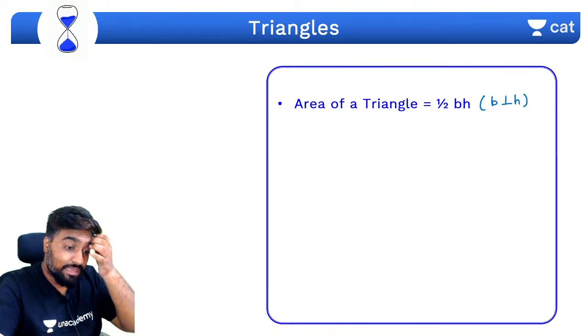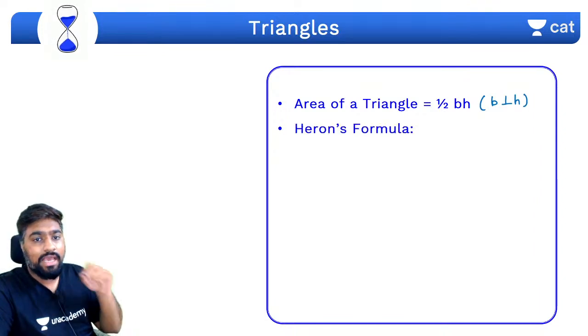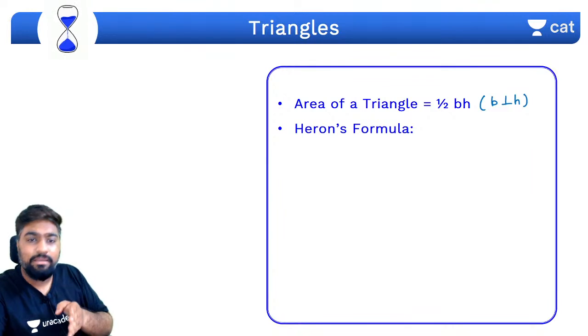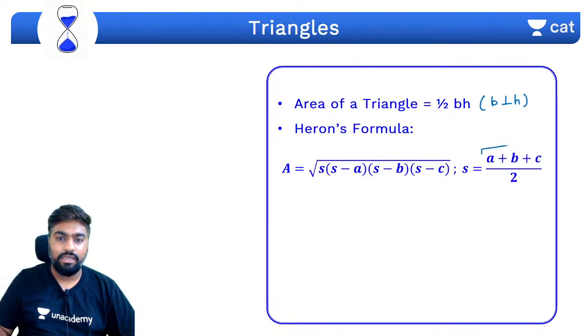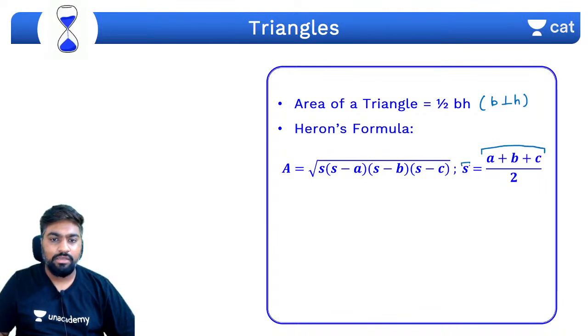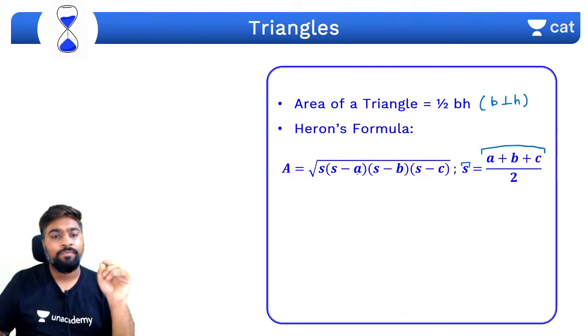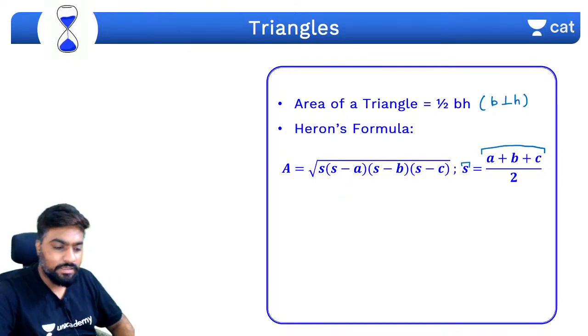Yes. Area of the triangle can also be found out by using something called Heron's formula. Heron's formula involves finding out something called semi-perimeter, which is nothing but half of the entire perimeter, right? Sum of all 3 sides of the triangle divided by 2 will give you semi-perimeter. Using the semi-perimeter, you can find out the area by taking the product of semi-perimeter and the difference between the semi-perimeter and each of the sides. Yes. Got it? This is Heron's formula.